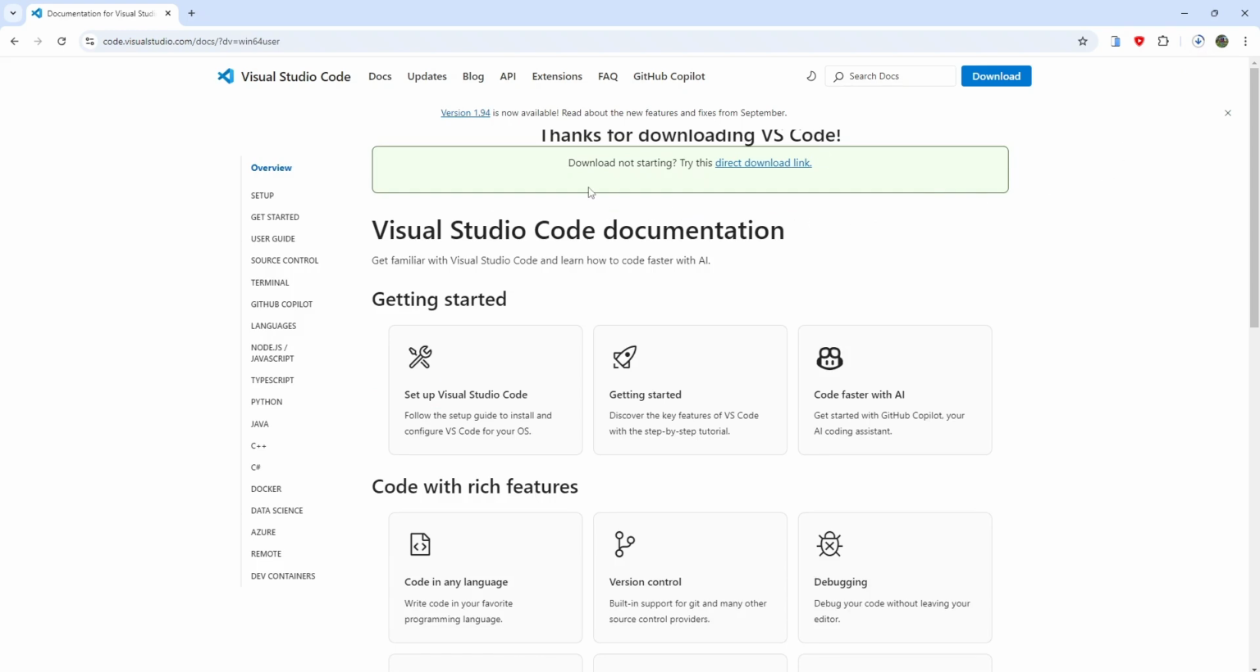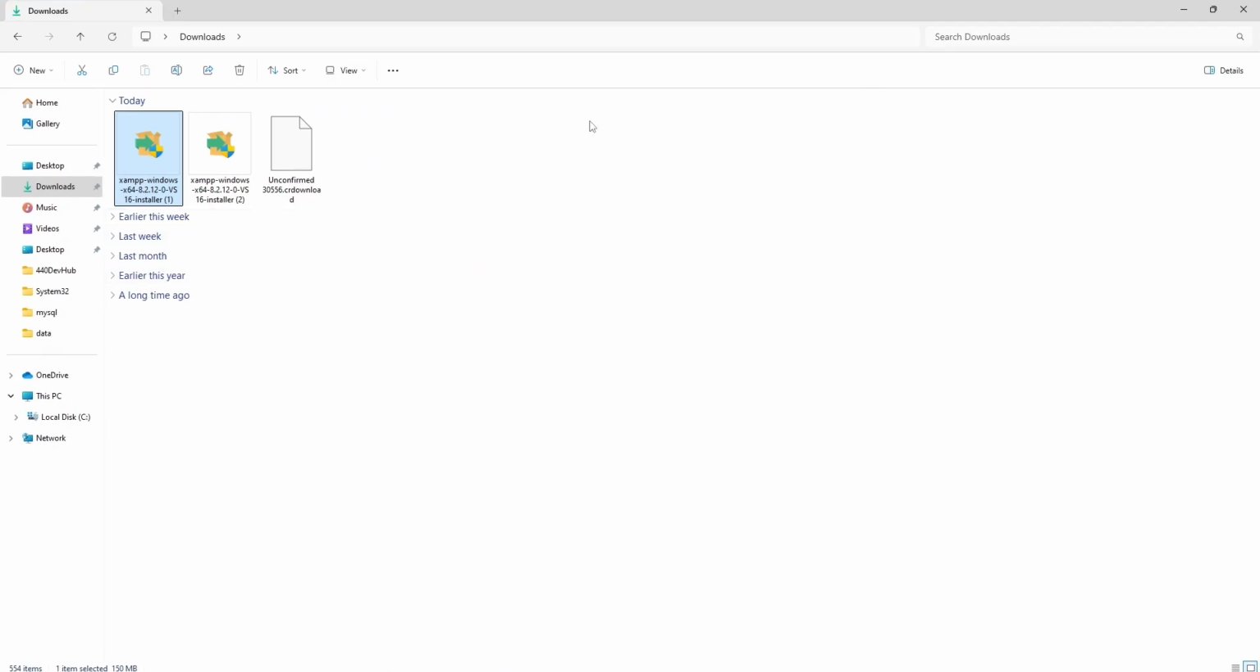So if you find difficulties, you will just wait for it to download, and once it has downloaded, you'll do the same thing you did with XAMPP. You just double click this. It is not done downloading yet, that's why it's saying unconfirmed. So you'll just double click it, and then you follow the instructions on how to install